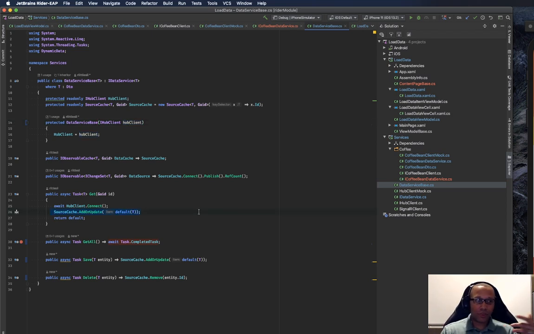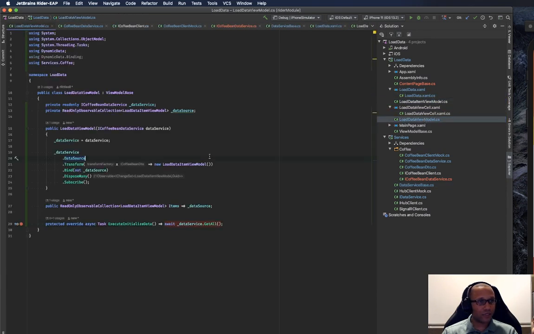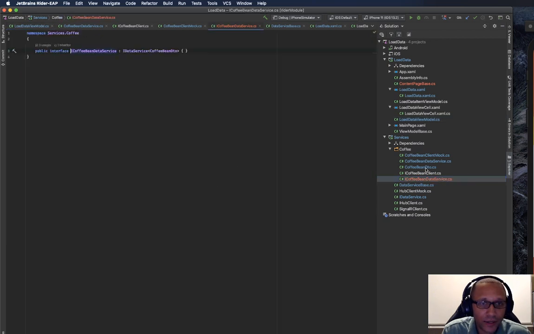Let your source cache do the thing, and then when you actually go and save, you can update your source cache and then update your database, and then maybe call to the API and do all of that asynchronously right from here. That way you can reduce the amount of stuff that needs to be done in the view model if we can get to it, right? But this is a base point for us to see that we can push in